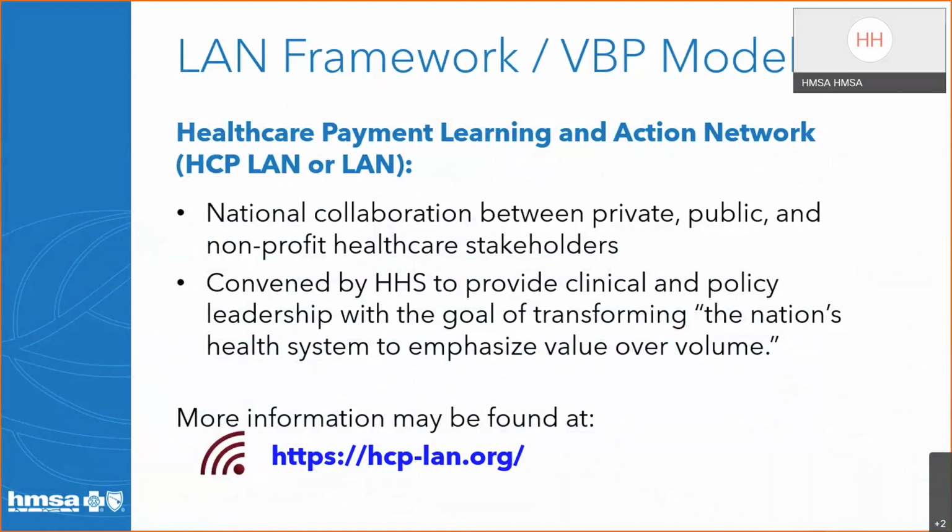It's convened by the Health and Human Services to provide clinical and policy leadership with the goal of transforming the nation's health system to emphasize value over volume. Health and Human Services launched the Learning and Action Network to advance the adoption of value-based payments and alternative payment models across healthcare sectors. More information on the HCP LAN is available at the hcp-lan.org website.